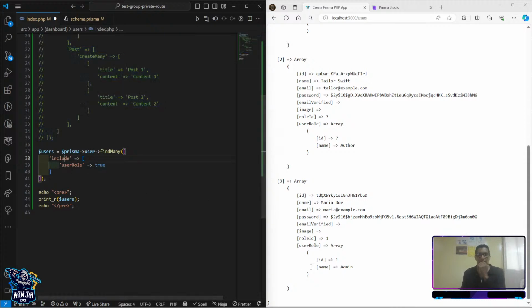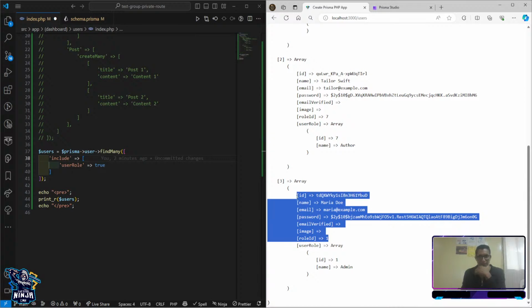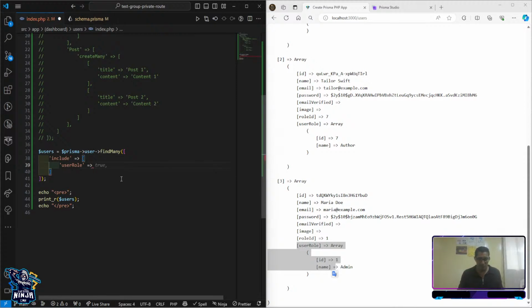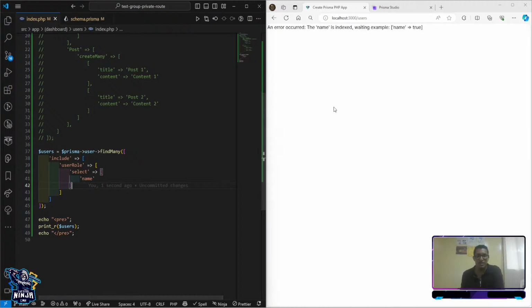Include doesn't affect this section, but select does. So if I want to prevent passing the password, include is not going to help me, because include is going to affect the related ones. So if I want to select just the name, I pass select name here, and it's going to select just the name